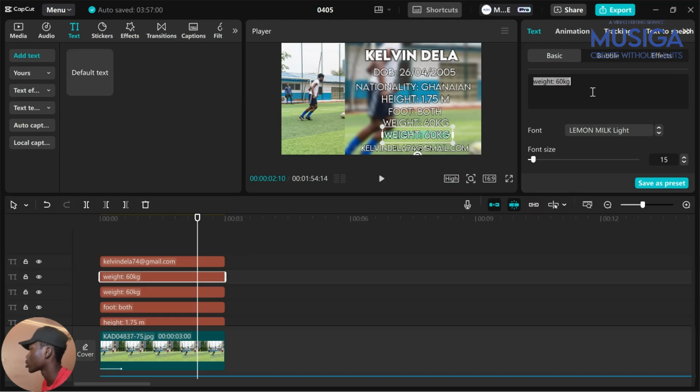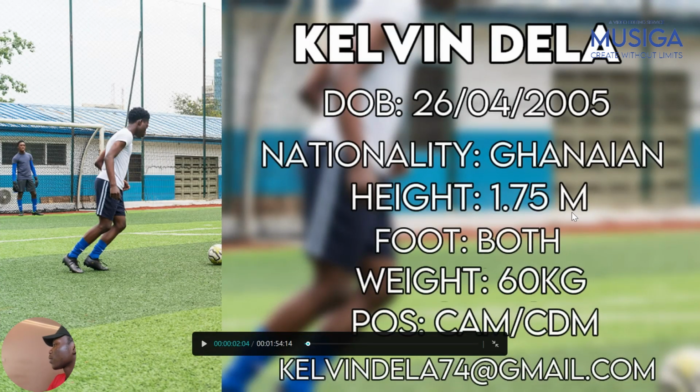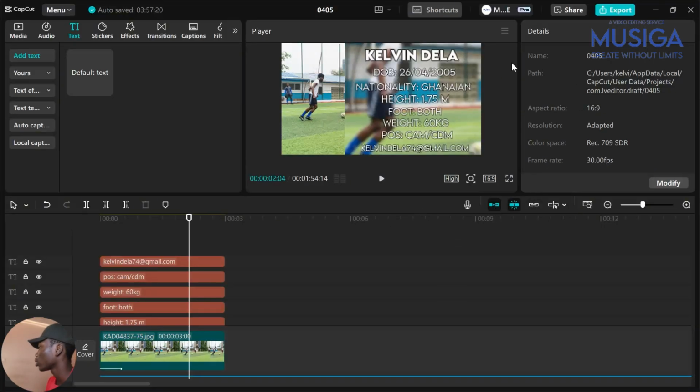I'm going to change this to position. Yes, and you don't want to fill up the whole place with your position, just the main part. So at the end we have something like this. Okay, moving on,